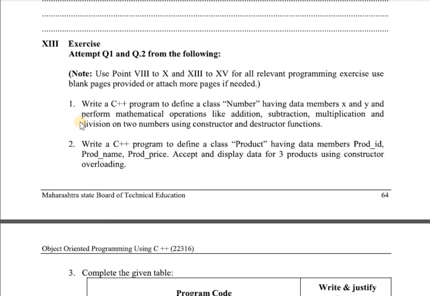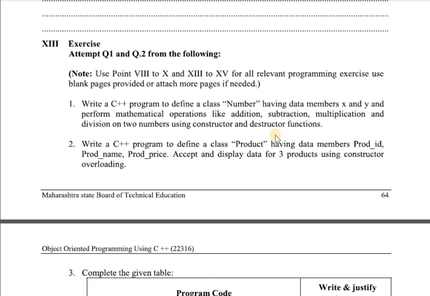Okay, here is one program. Write a C++ program to define a class number having data members x and y and perform mathematical operations like addition, subtraction, multiplication and division on 2 numbers using constructor and destructor functions.